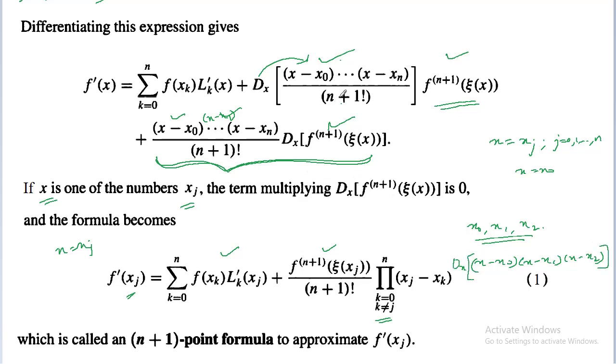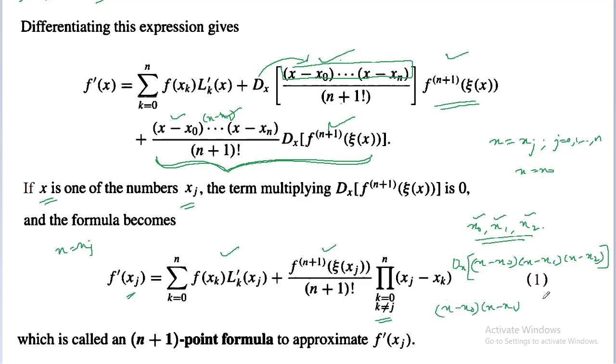And here it will be 2 factorial, that is we have n equal to 2, so this is 3 factorial, and f3 zeta of x will be here. So differentiate this term, the numerator only depending upon x. If we are taking x0, x1, x2, the numerator will be this, and differentiating this we get x minus x0